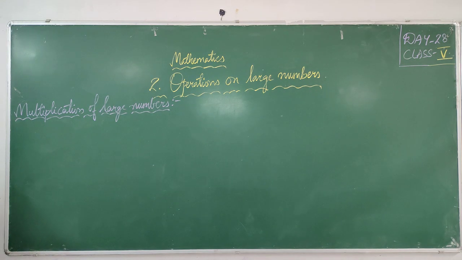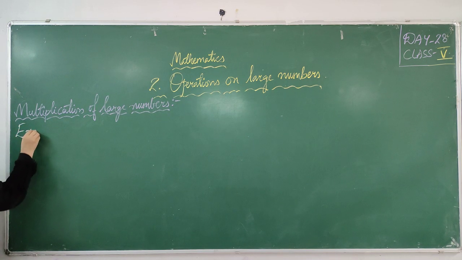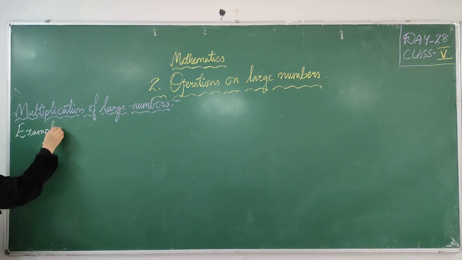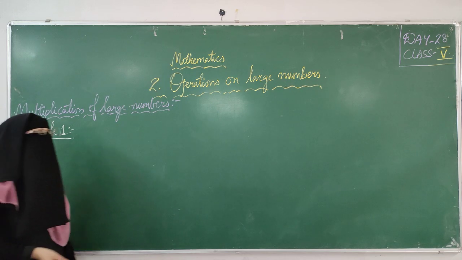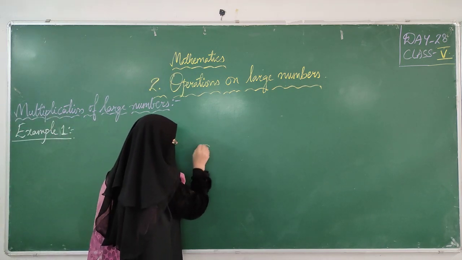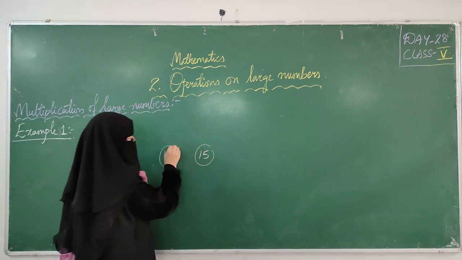About factors we will learn in detail in the next class. Next we will take some numbers. Let's take example 1. Before doing multiplication problems, you should learn tables. You are in 5th standard, right? So you should learn tables till 15, but at least learn till 12.